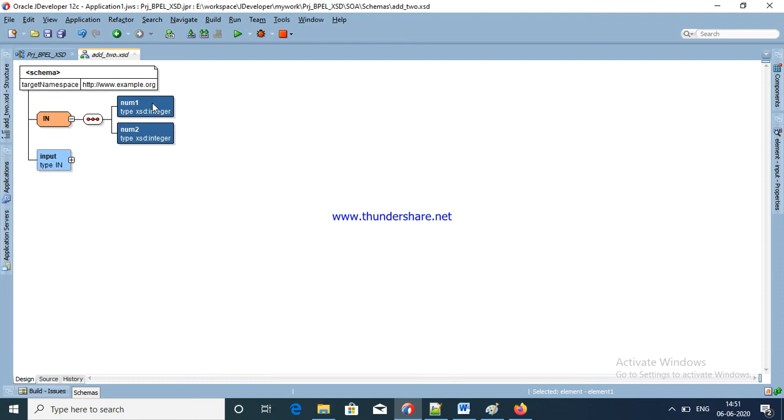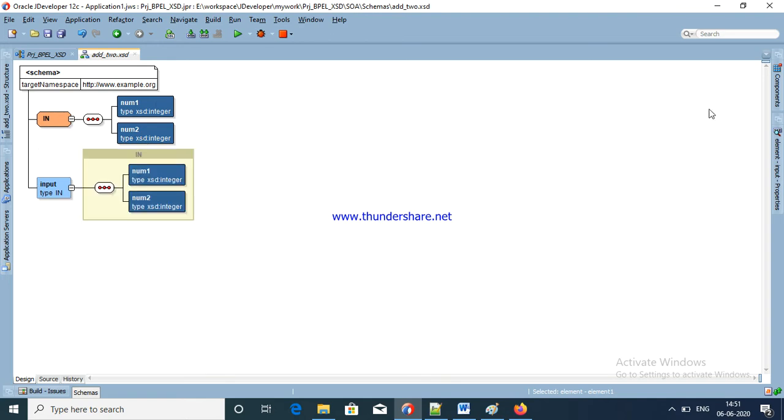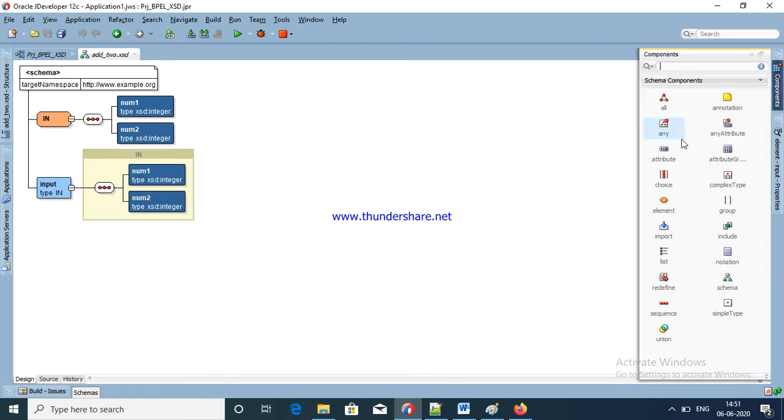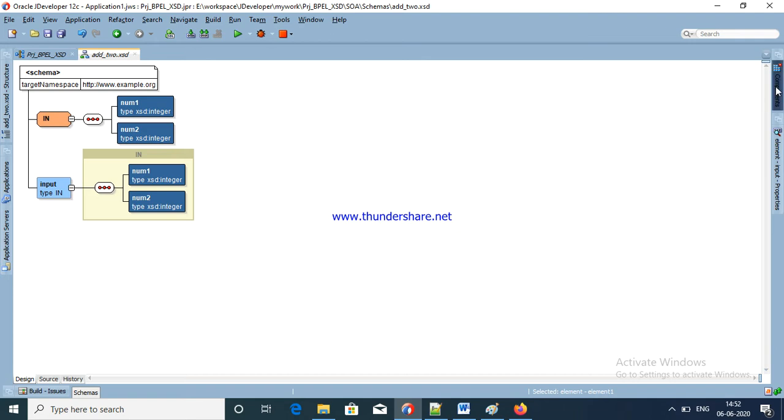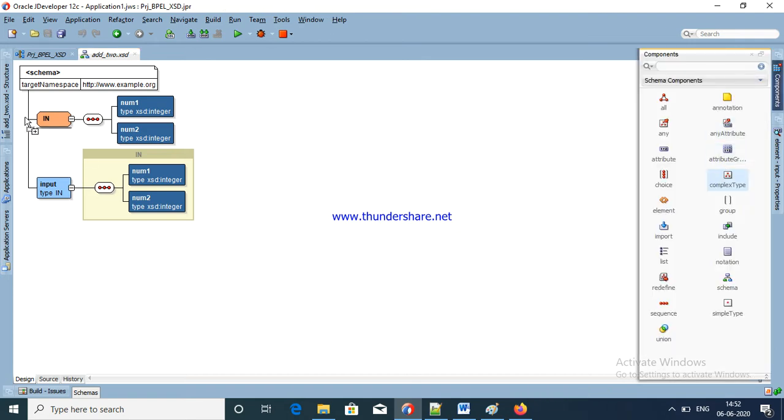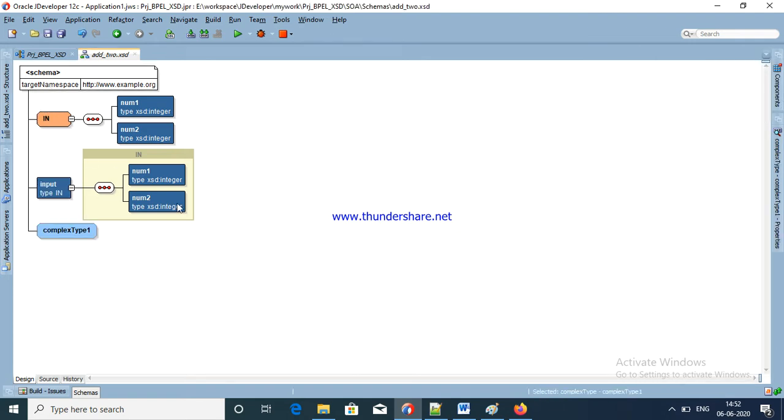First I created a type with 2 variables inside. See here, this is the same way, I am going to choose a complex type. Okay, just drag and drop the complex type. Okay, see here, complex type. Here, out.